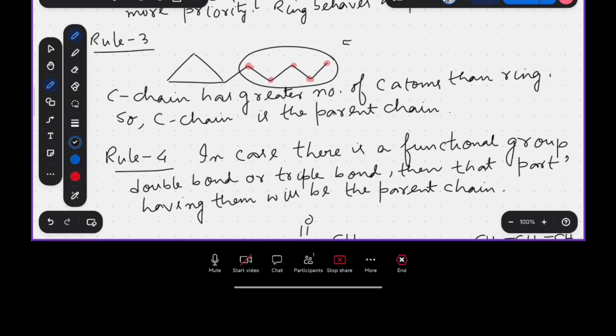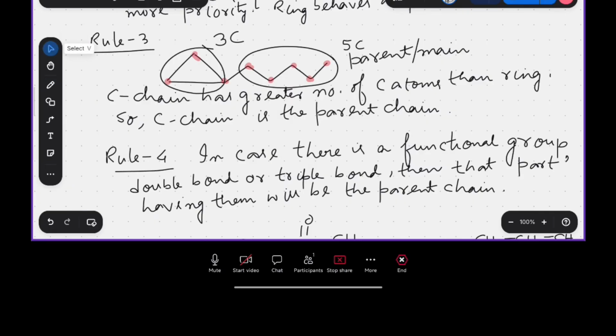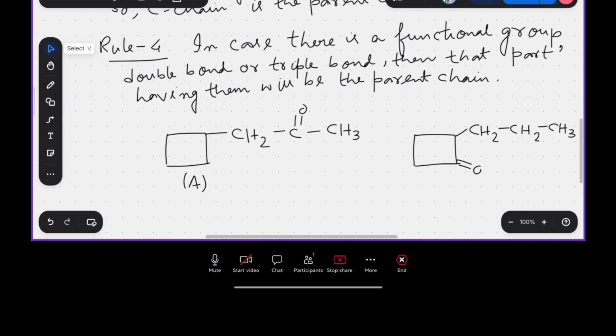এখানে 5টা কার্বন অ্যাটম আছে, কিন্তু আমাদের রিংটাতে রয়েছে 3টে কার্বন। রিংটা 3টে কার্বন দিয়ে তৈরি। যখন দেখা যাবে যে অ্যালকাইল চেনে বেশি কার্বন আছে আর রিং এ কম কার্বন আছে, তখন কার্বন চেনটা পেরেন্ট বা মেন চেন হিসেবে বিহেভ করে যখন আমাদের অ্যালকাইল চেনে বেশি কার্বন অ্যাটম থাকে। আর ফোর্থ রুলটা দ্য মোস্ট ইম্পর্টেন্ট রুল। ফোর্থ রুল বলছে যে যদি